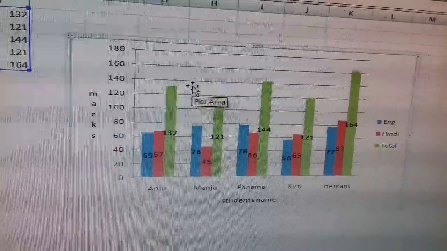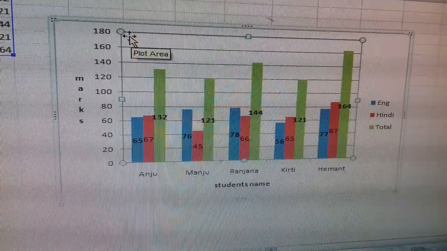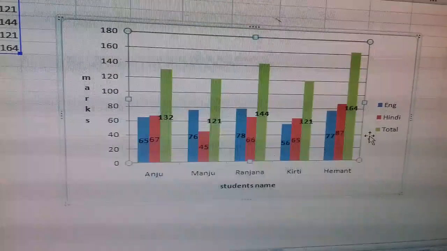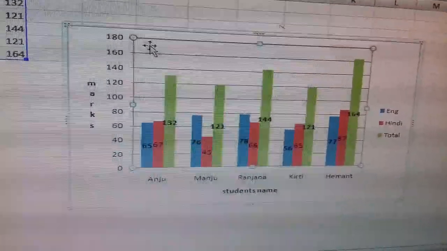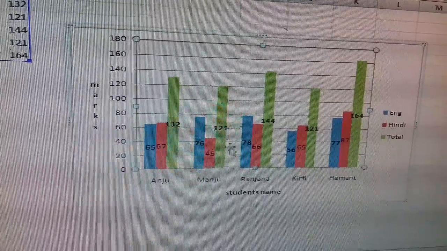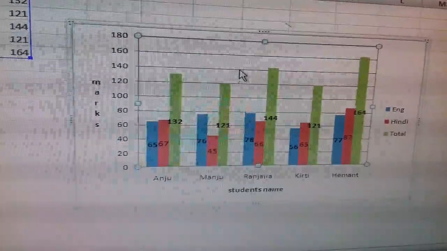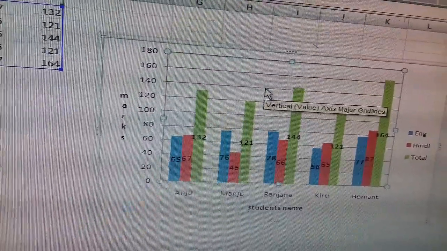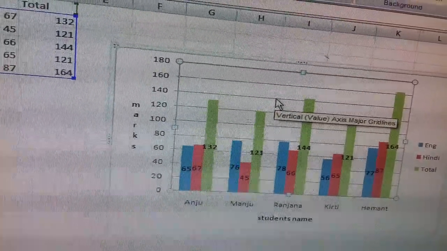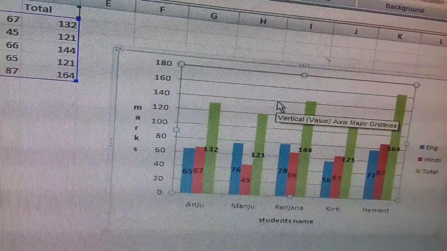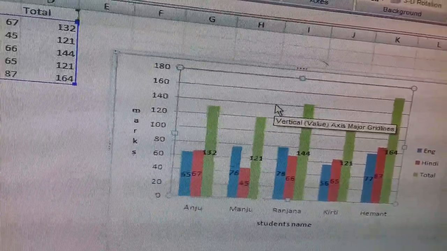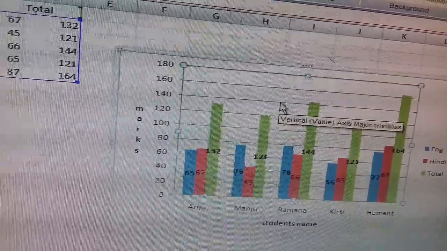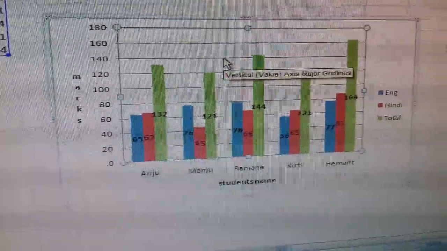Okay. Now look at this. Is it visible? These 4 dots. This area is called plot area. This highlighted by the circle, this area is called plot area. Now what is plot area? It is a window within a chart area, and it contains the actual chart itself, and it includes the plotted data, data series, category and value axis.